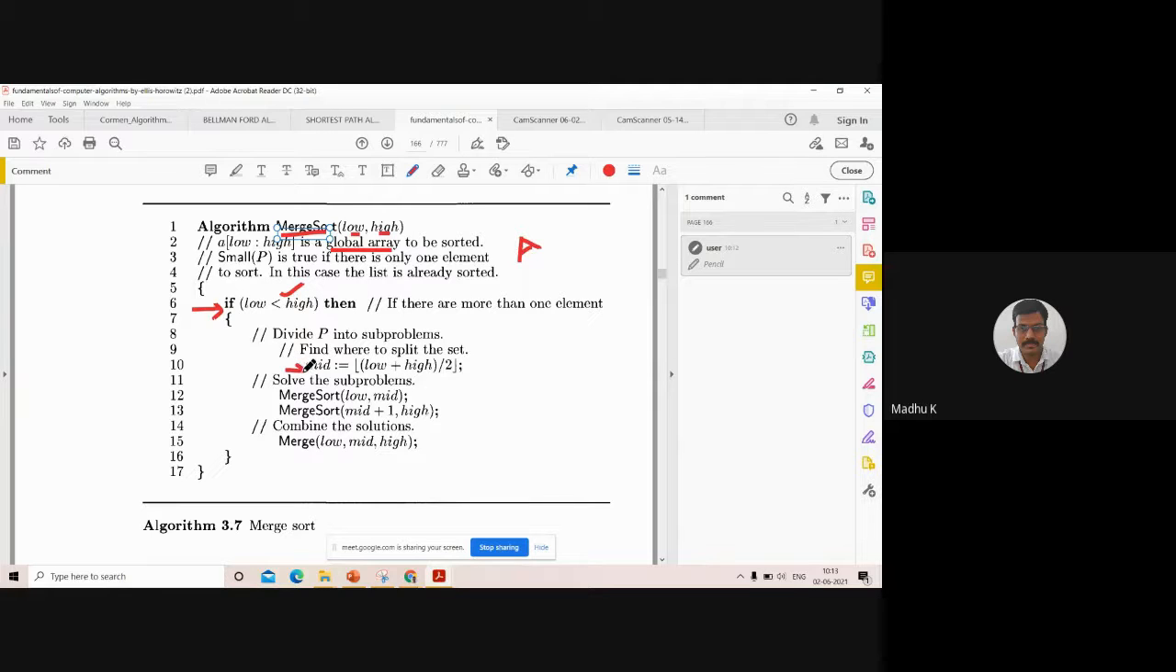Okay, so what is mid? Mid is equal to low plus high by 2. Here the floor function is used. Already I told what is the use of the floor function. Based on that, I will calculate the mid value. Then what I will do, I will do the division